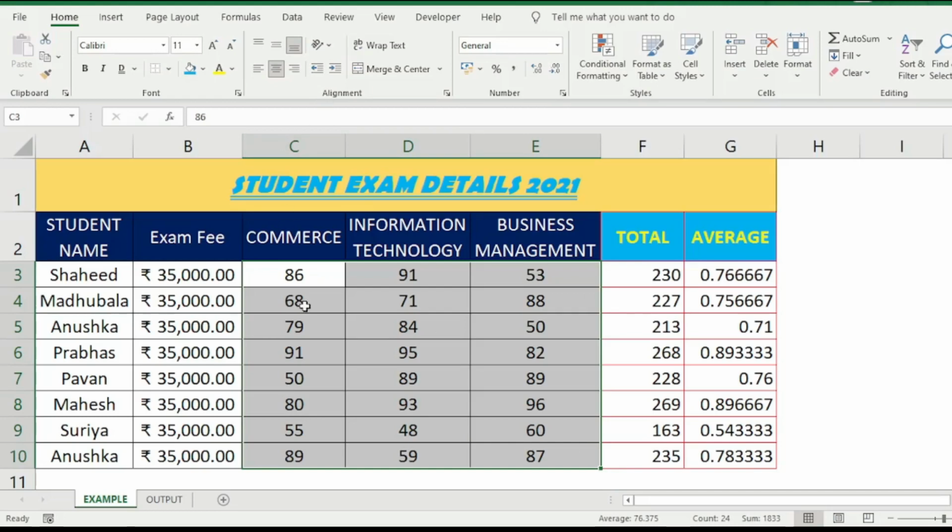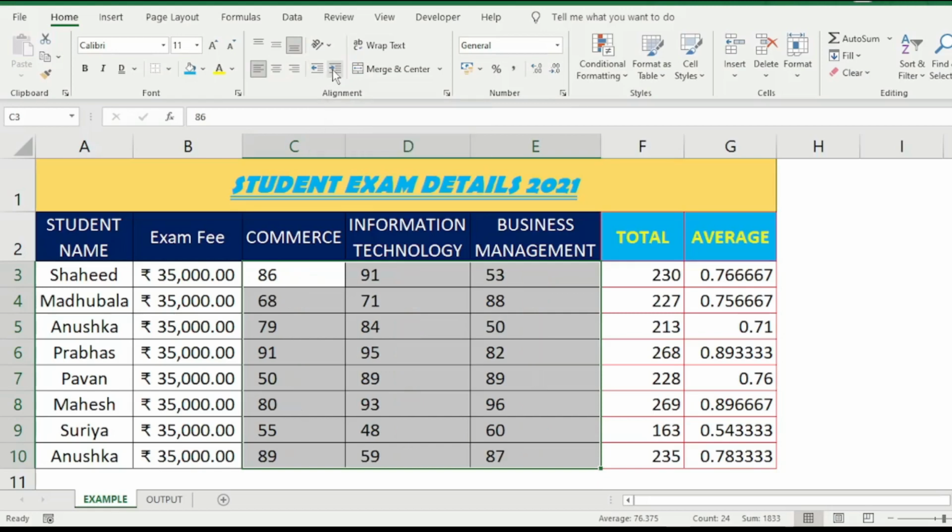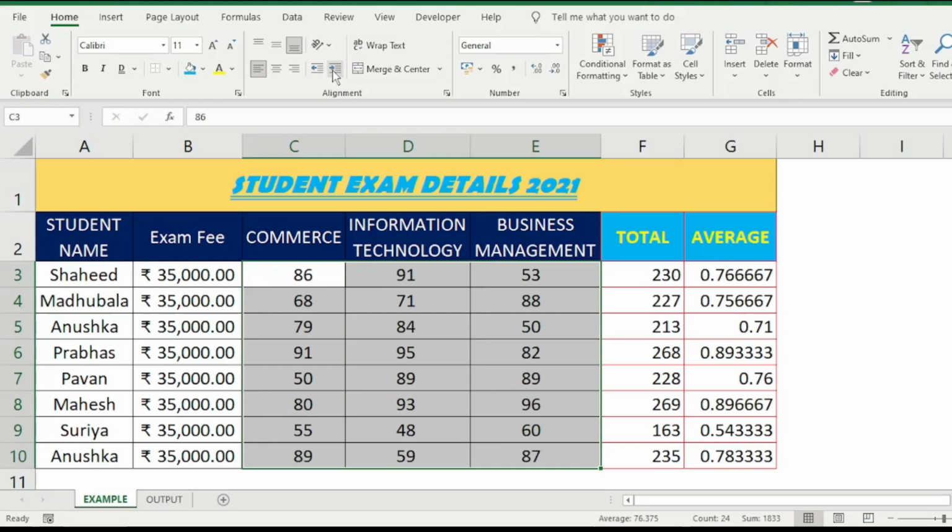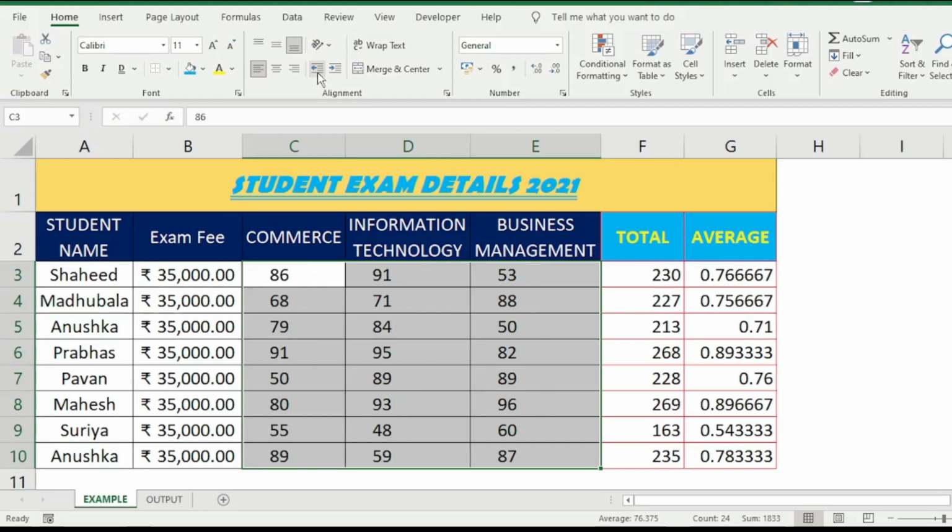How you can move? Select your data and then indent. One is increase indent and other is decrease indent. So I want to increase my indent. See, the data has been moving. If you want to move this side, you can move. Always you can move this data within your cell. A space of word, a space of letter you can move. This is how we have to use the indents. Increase indent and decrease indents.